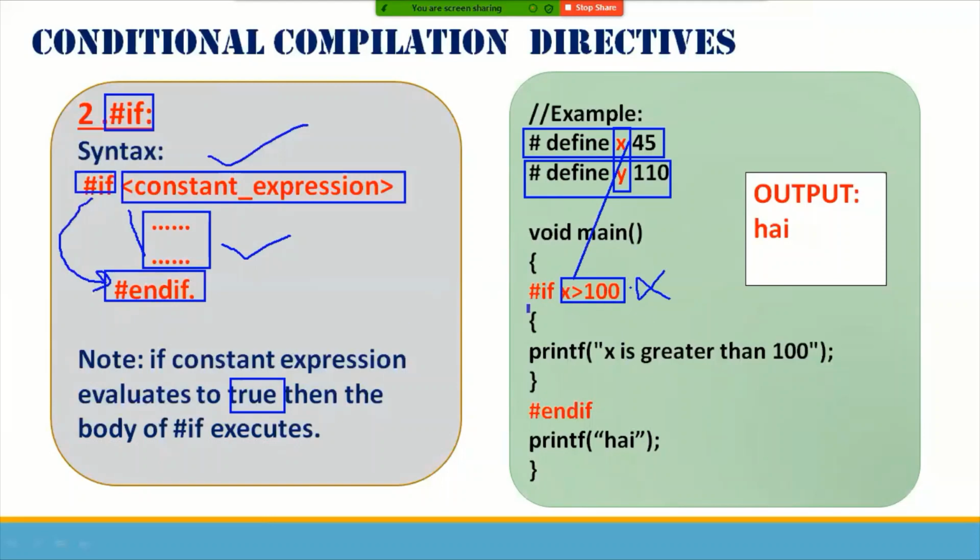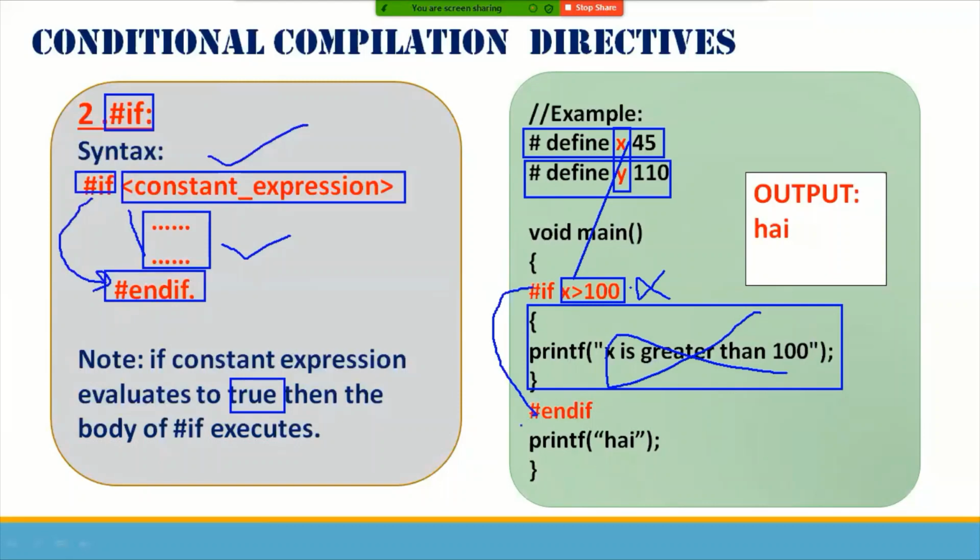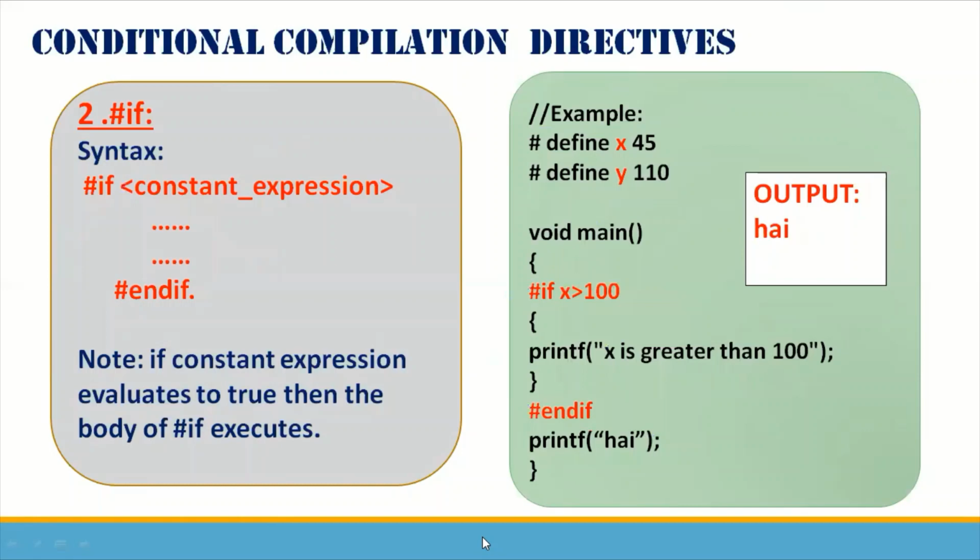Then this group of statements will not be executed. Then control goes to #endif. Then the next one is printing high. After this, the printf statement will be executed, and because of this the output will be obtained. That is about the conditional compilation directive #if, syntax and example. And in the next slide, you will see